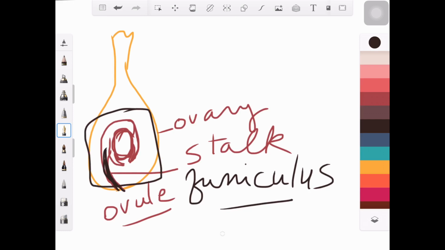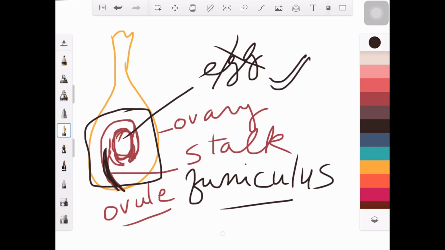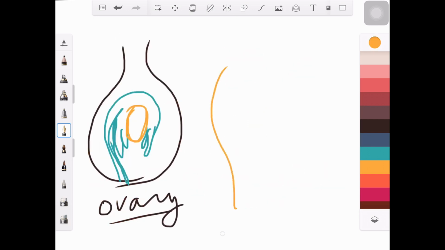So is the egg lying over here right now? No. The egg is not here right now. We will come to know how the egg exactly is produced, beta. This is the ovule. Like this,